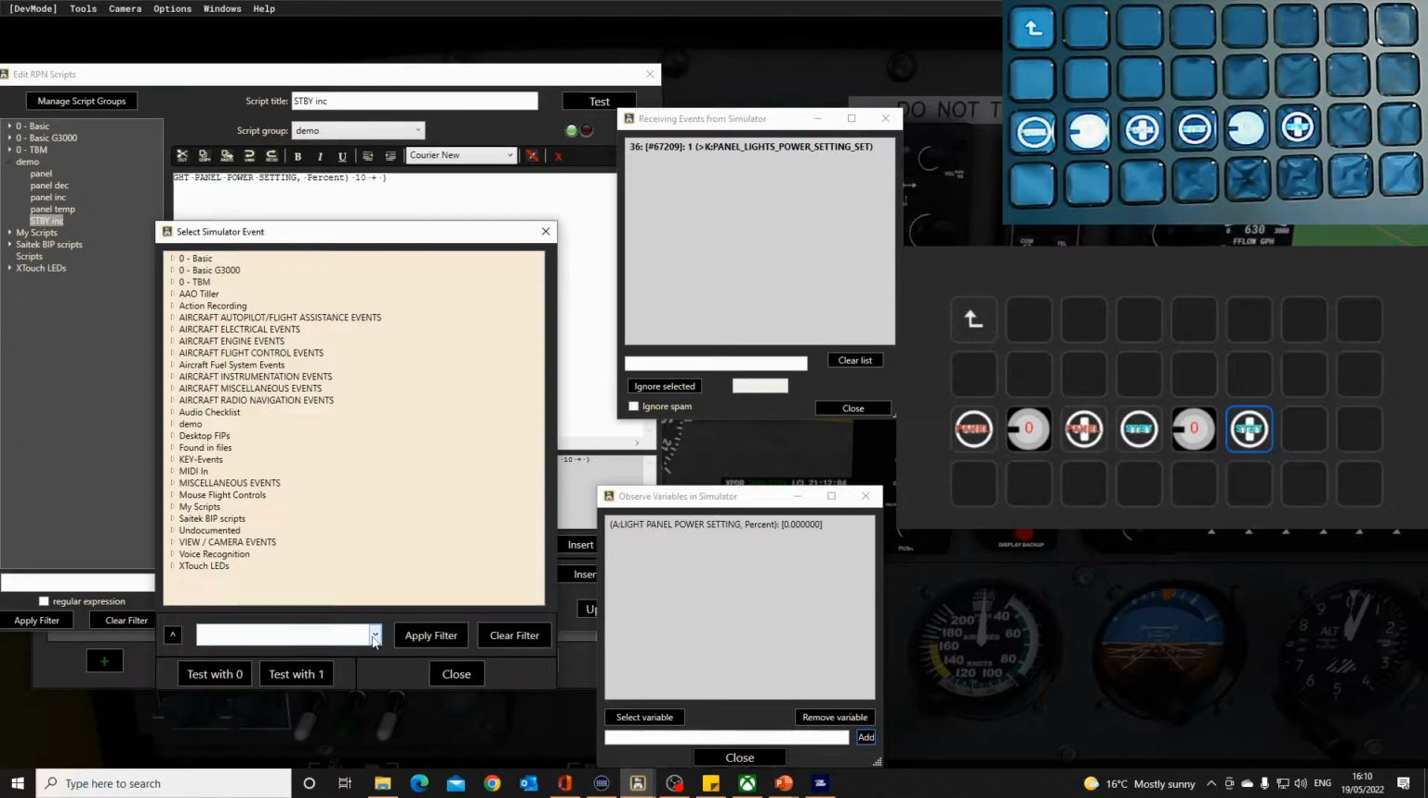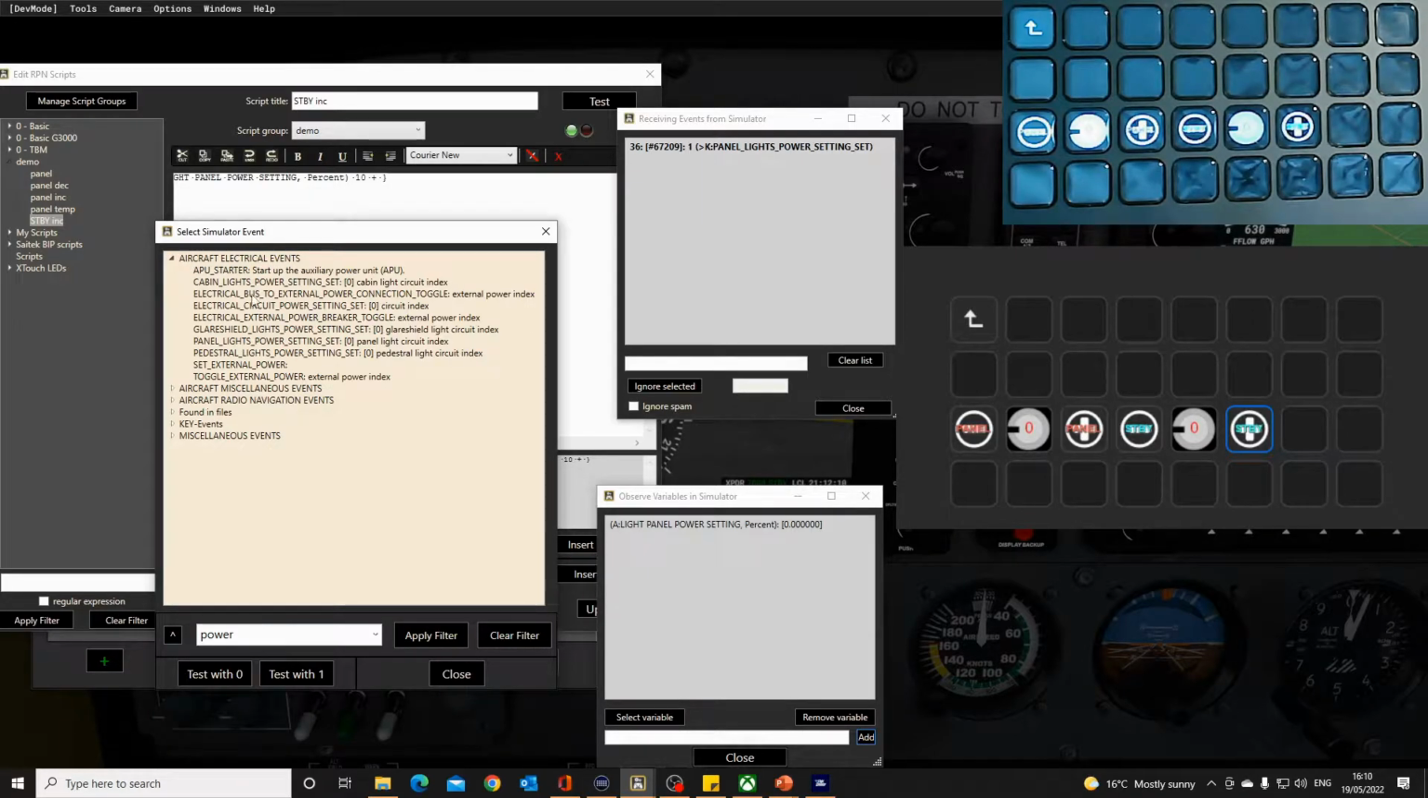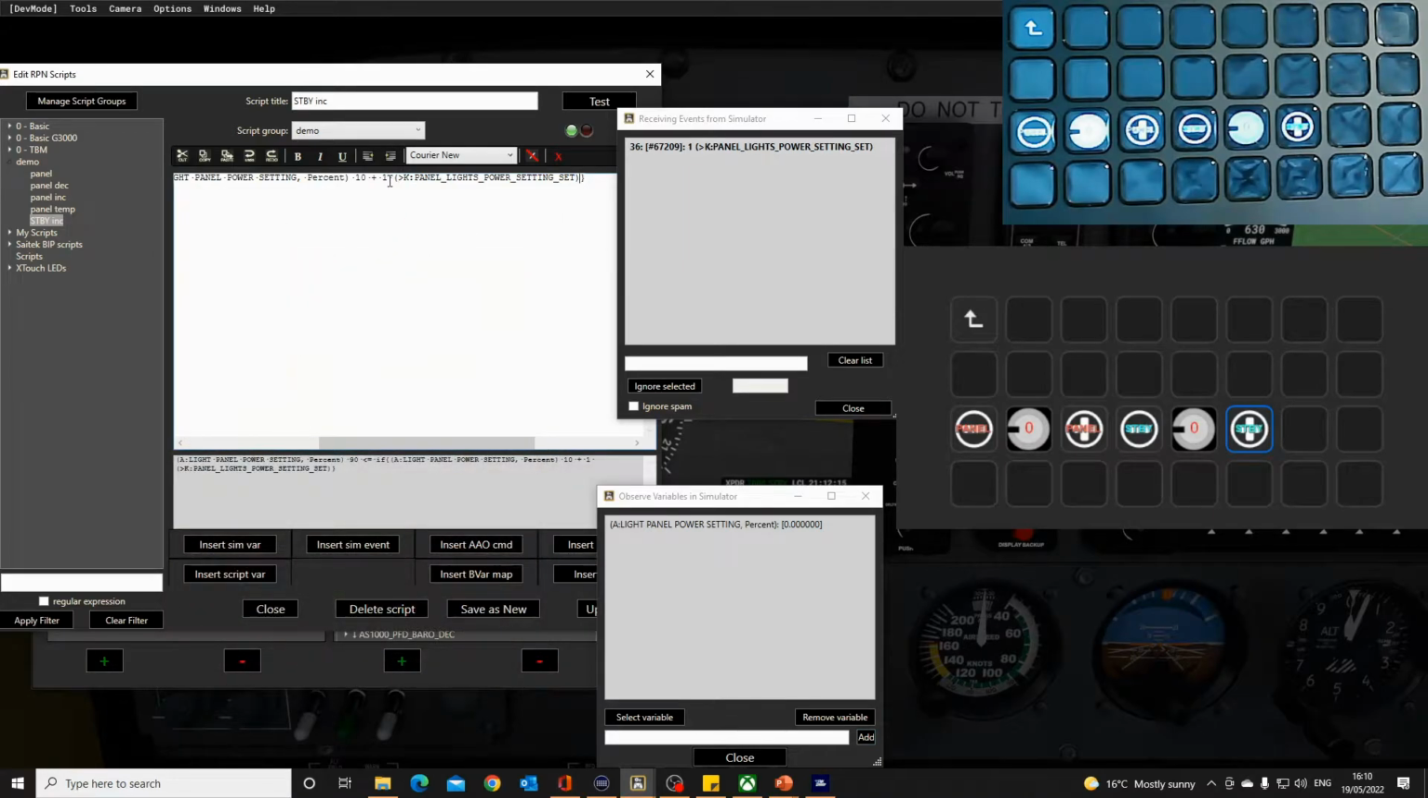and we'll look for power again. Panel lights power setting, put that in, so it knows it's going to the number 1 version of that. That's okay. We need to remember that it's got to be told that it's expecting 2 inputs. It's expecting the power and the destination. That's what's going to happen, and we can now update that,